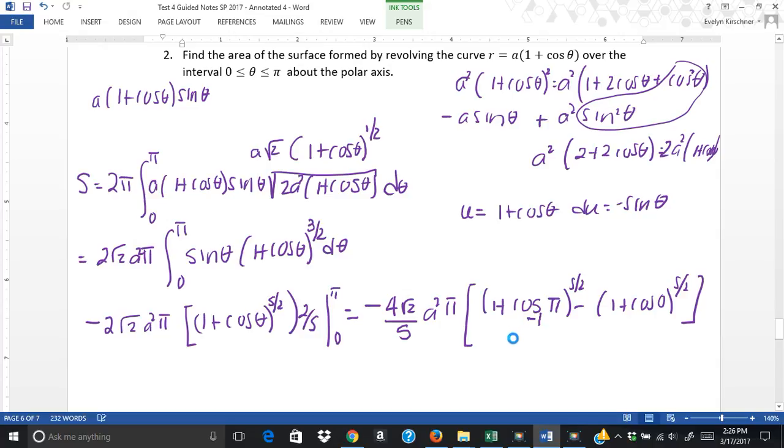Well, this is negative 1, so this whole thing becomes 0. This is 1, so that's 2. And that's the same as 2 to the 5/2 is the same as 4 radical 2. So now the whole thing is negative 4 radical 2. So a negative 4 times negative 4 is 16, times 2 is 32, so I have 32 over 5 a squared